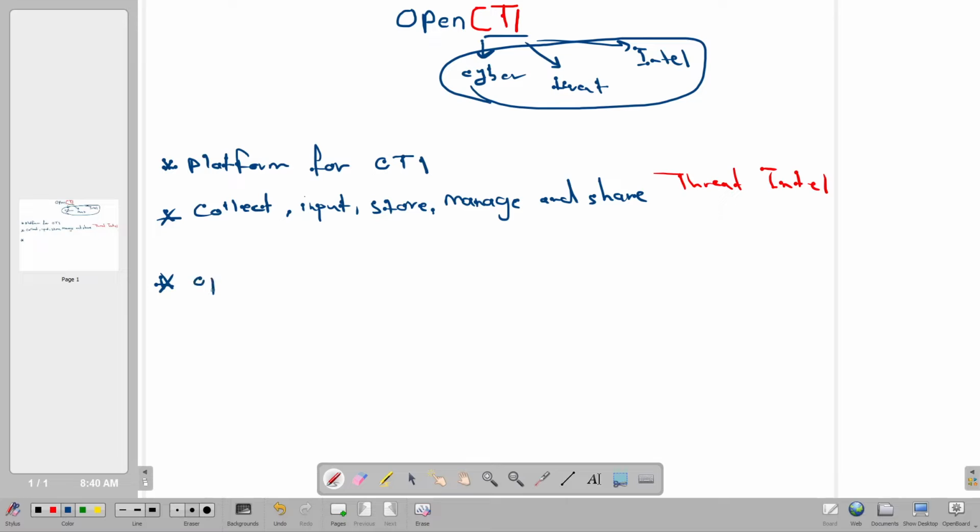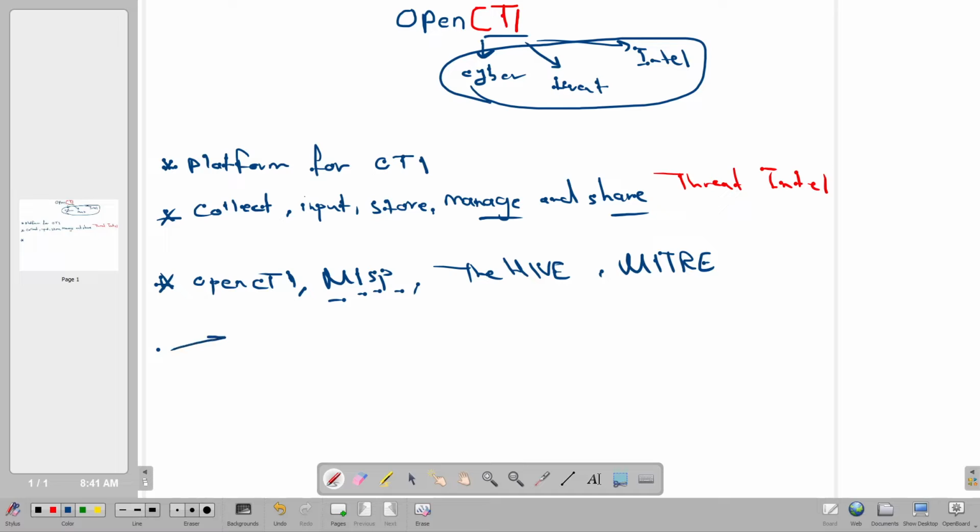We have OpenCTI. Other open source cyber threat intelligence platforms are MISP, Malware Information Sharing Platform, and we have the Hive, and we have frameworks also, MITRE. We have covered this before. Now, the ultimate objective of these frameworks and platforms is to manage and share threat intelligence data. Now, where does threat intelligence data come from? First, we have